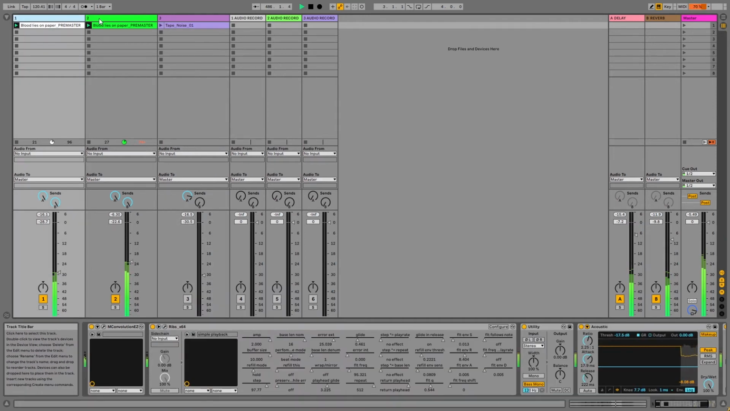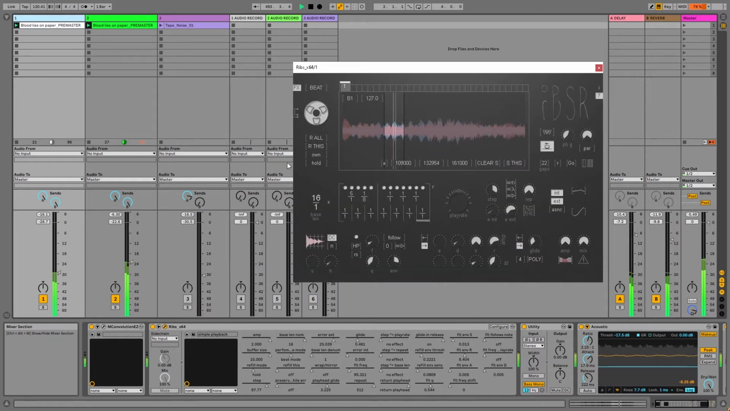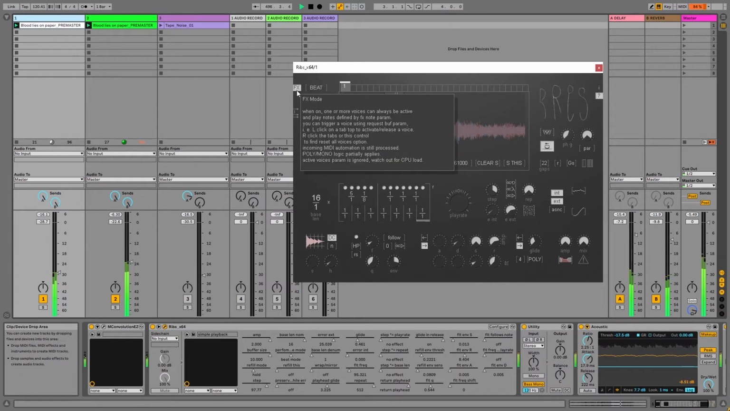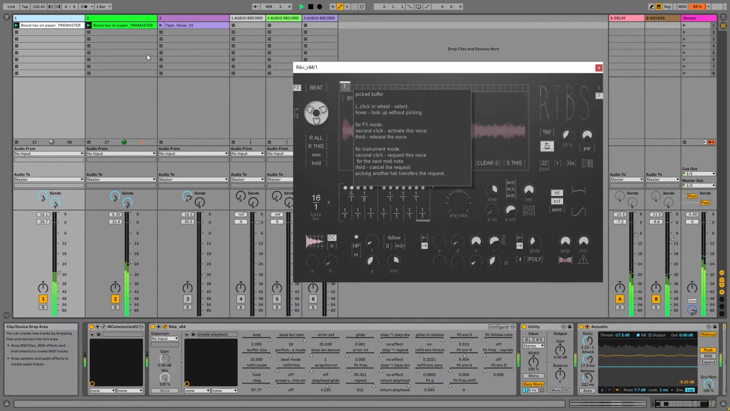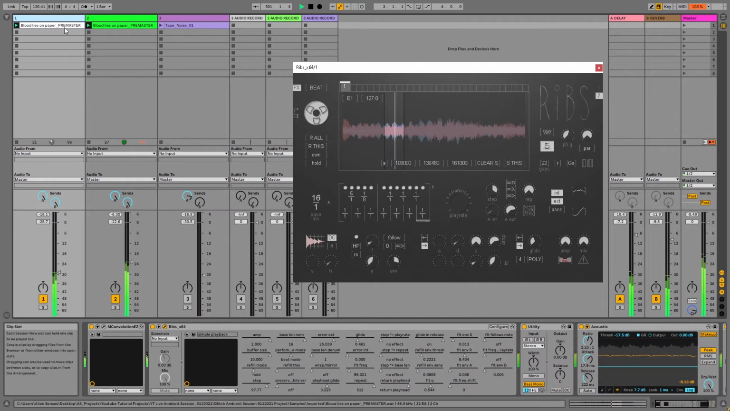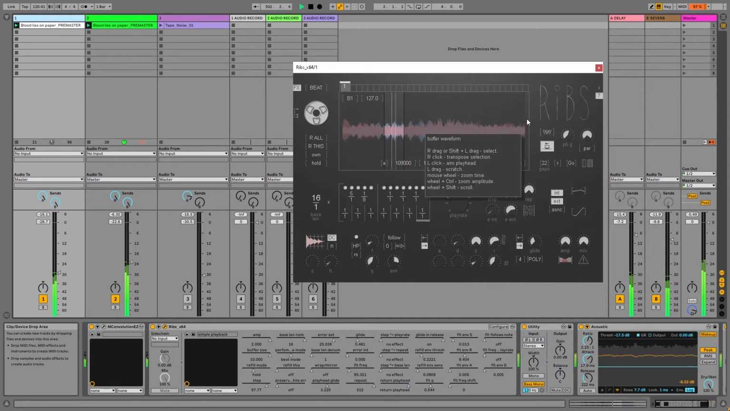Now channel 1 and 2 are my primary instruments to manipulate the source audio in real time. I'm using granular synthesis, and the brains of the operation here is this plugin RIBS. It's a granular engine. Currently it's on the FX mode, which means that it's acting as an audio effect. So I have the source audio stored in a buffer here. I'm looping a part of the sound, creating this drone